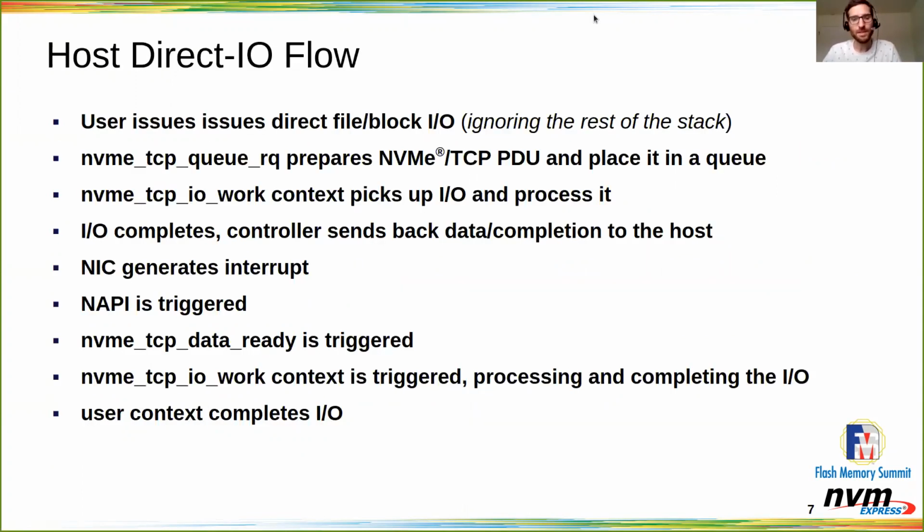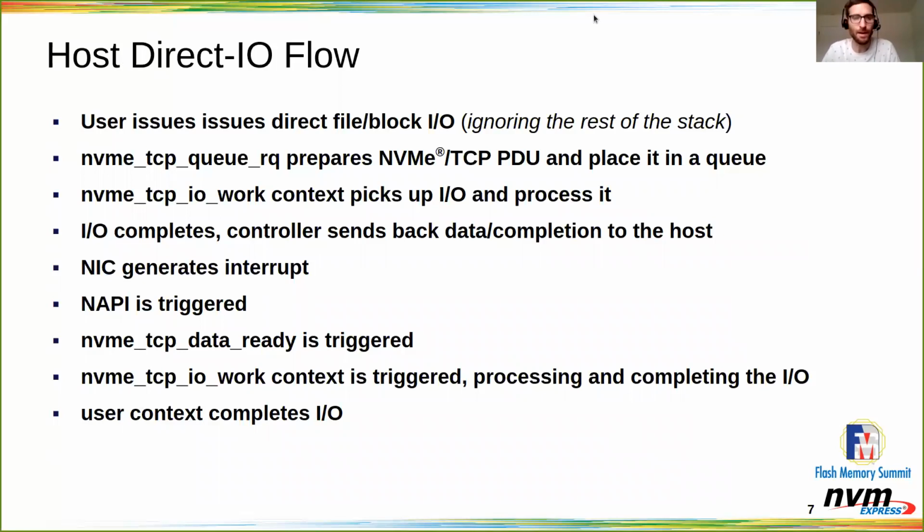So let's take an example of host direct IO flow. It starts when the user basically issues a file or block IO to a device or a file descriptor. And then we ignore a lot of layers in the stack, but eventually it comes to the queuing callback that sits in the driver itself. We're talking about Linux, of course. That callback is NVMe TCP queue request, and it prepares an NVMe TCP PDU that places it in an internal